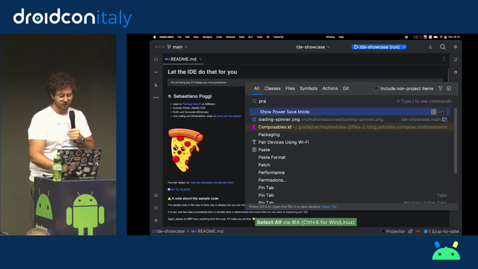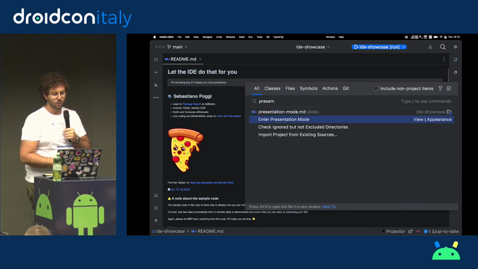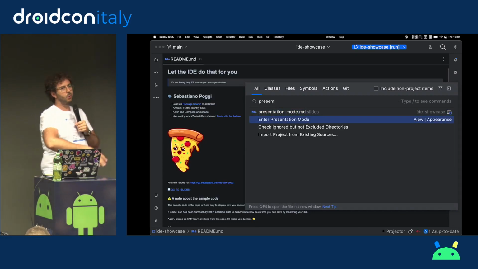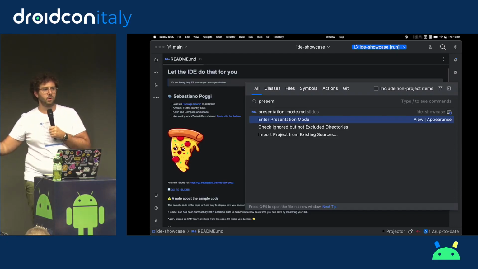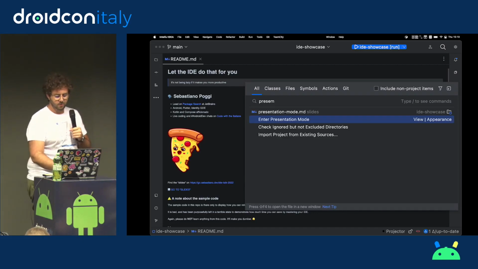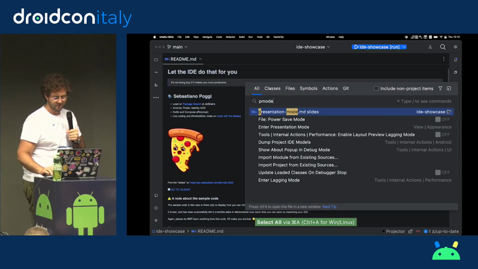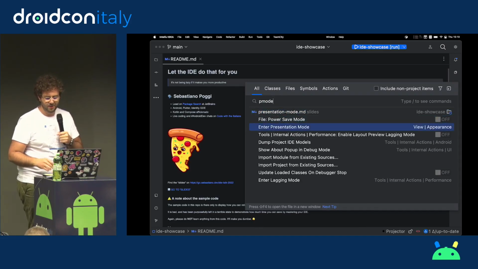I can actually type pres mode, and it will do fuzzy search. Everywhere in IntelliJ where you can search for something, you do not need to write the whole word. Just write a part of it. That's going to be fine. So is P mode good enough? Yeah, good enough. It's the third one.